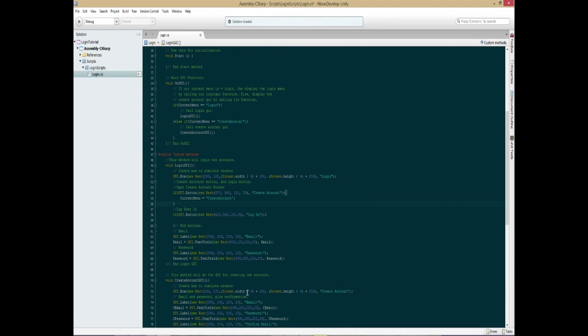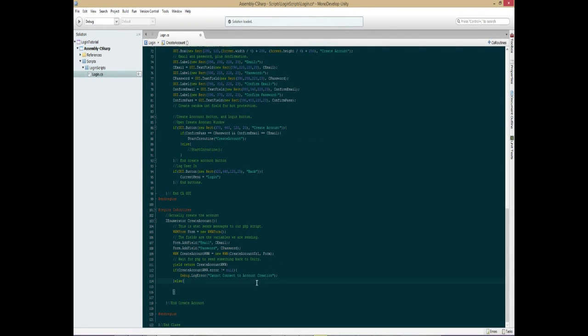No, we won't use that then. Else we want if return is if create. Oh wait, okay, I remember now. Create account return